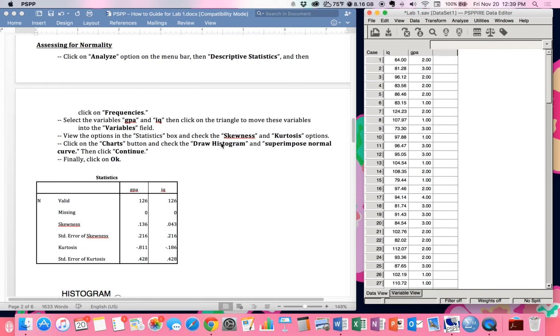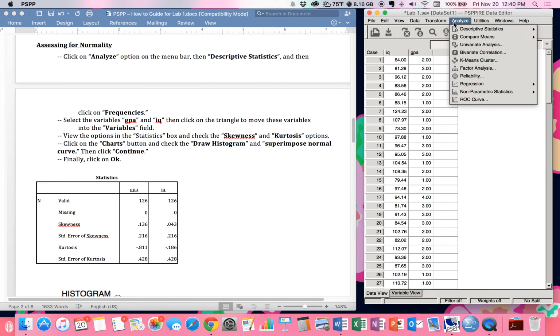It just wouldn't be helpful. Now, we've talked about normal distributions, and we saw the picture already of the IQs. Looks fairly normally distributed, and we can look at the histograms, but we can also actually have PSPP do this